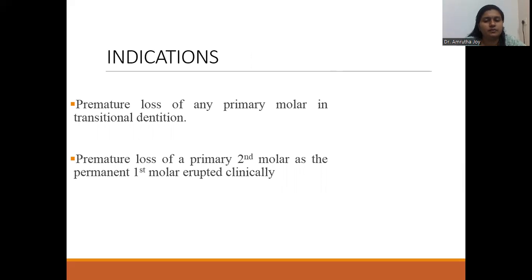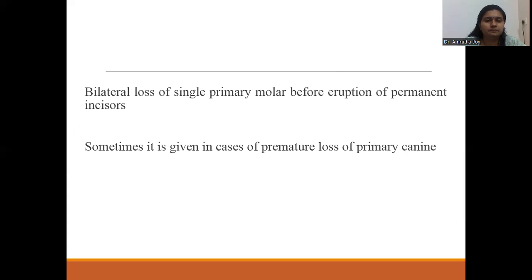Indications for the fixed band and loop space maintainer: premature loss of any primary molar in transitional dentition, premature loss of a primary second molar after the eruption of the first permanent molar, and bilateral loss of primary molars before the eruption of incisors. It is because we cannot give a lingual arch before the eruption of permanent incisors,